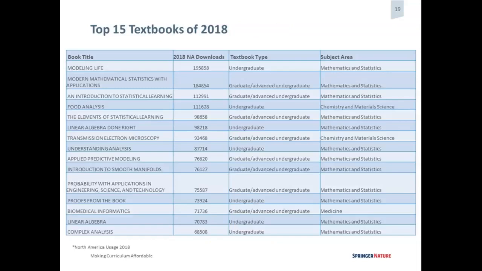I want to put an underline under the Modeling Life, that Professor Garfinkel is featured on our webpage, which I will give you the URL for our textbooks. He has found a way to teach pre-med students and medical students the mathematics that they need, and teach that in a way that relates directly to biology and life. So this is a fantastic new kind of concept, and we're especially good at multidisciplinary things like this. That is one that you will be able to take a look at and read the professor's commentary about that particular textbook